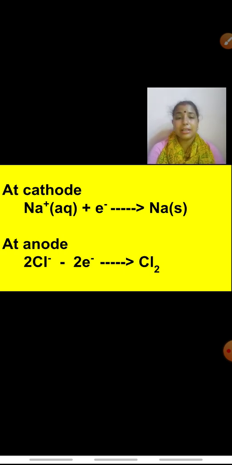Like for example, in case of this, you have to check for 23 gram of sodium, how much charge is required? 96500 coulomb of charge is required. Now, if suppose instead of 23, it is given 46. For 46 gram of sodium, how much charge will be required? Twice of that, that is 2 into 96500. And for depositing 11.5 grams of sodium, half of this, that is 96500 divided by 2.